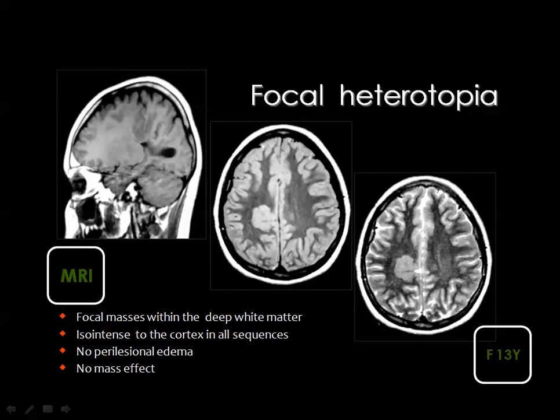And this is the focal heterotopia, where a collection of cells will accumulate within the white matter forming a mass, and this mass will also show the same signal intensity to the cortex in all pulse sequences. This mass is not surrounded by edema, it does not exert any mass effect, and it does not show contrast